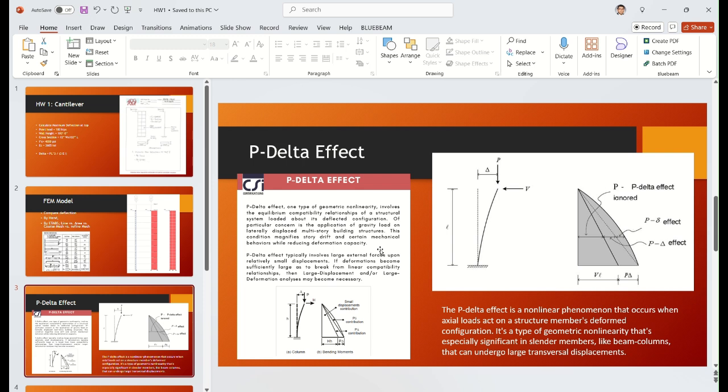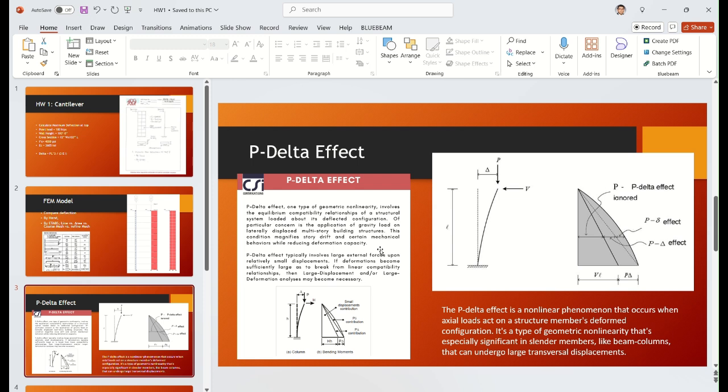vertical element design. The P delta effect is explained as a nonlinear phenomenon, a geometric nonlinearity that occurs when the actual load acts on a structural member's deformed configuration. So we need to consider the deformed configuration. Again, this is relatively significant in slender members. So in tall building design, we should consider